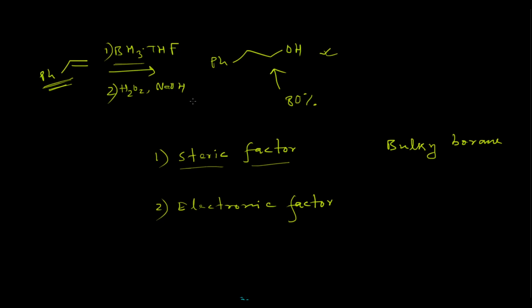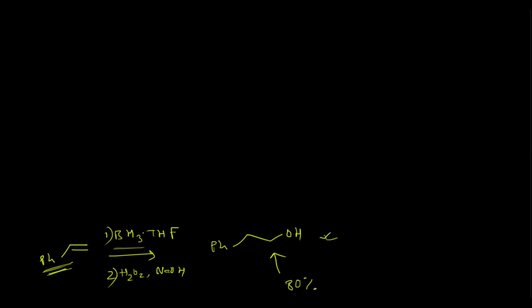Remember one thing, the stereospecificity, that is the stereospecific syn addition, will be intact. There is no change in the syn addition, but there will be a little bit of decrease in the regioselectivity when normal boron is used. But this regioselectivity can be improved by using bulky boron compounds as hydroborating agents, which control the steric factor in the transition state, not the electronic factor. The electronic factor is constant for a particular substrate alkene. So how are these bulky boranes used?